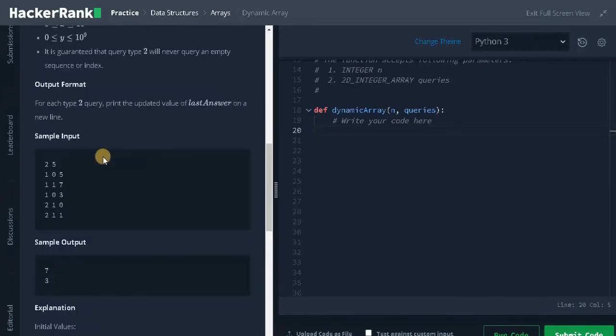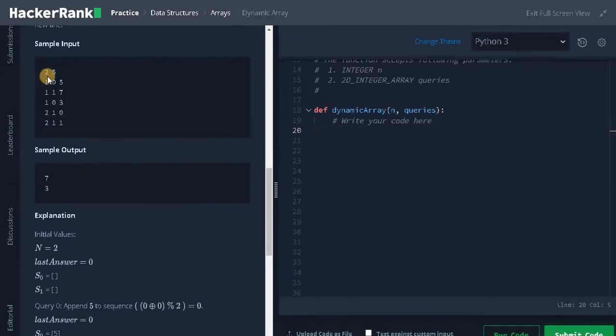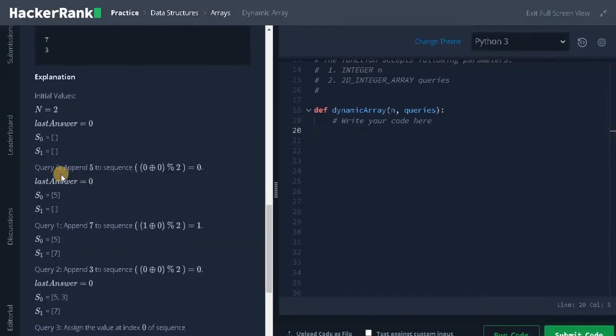Let's check some examples. Here, the number of sequences is 2 and the number of queries is 5. The first integer represents the type of query and the second and third integers are x and y. Let's see the explanation. Here for query 0, append 5 to sequence 0 that we have calculated from this formula.